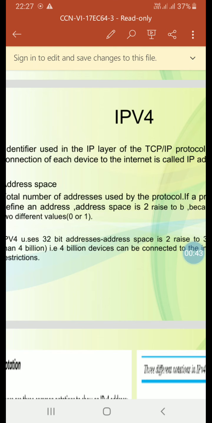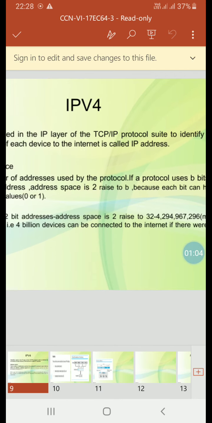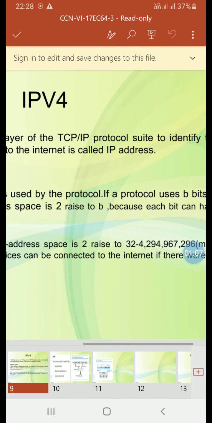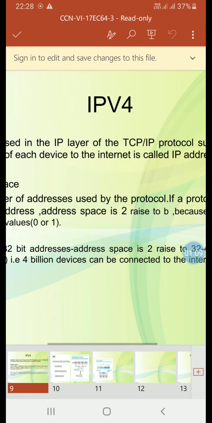An IP address is the address of a connection, not the host or the router, because if the device is moved to another network, the IP address may be changed.